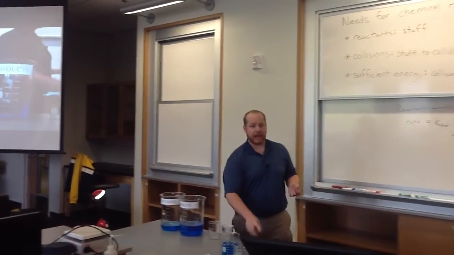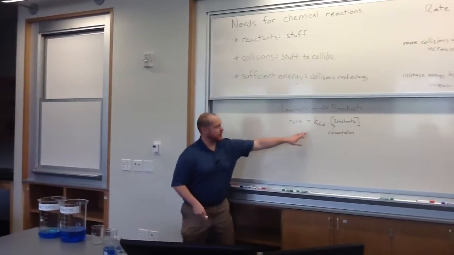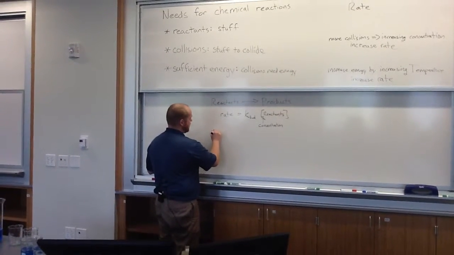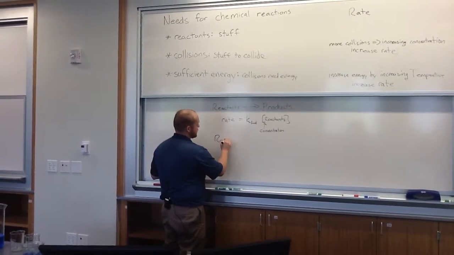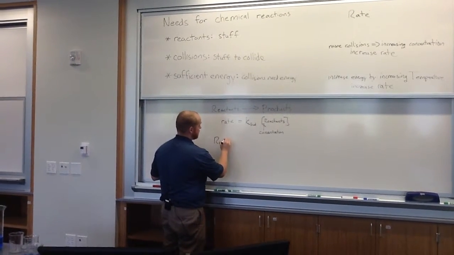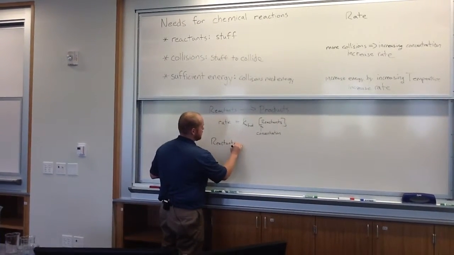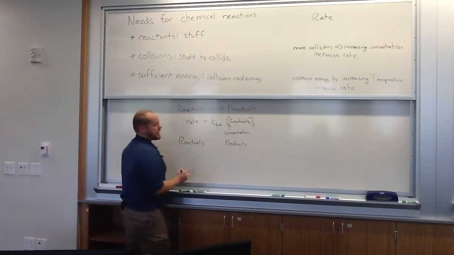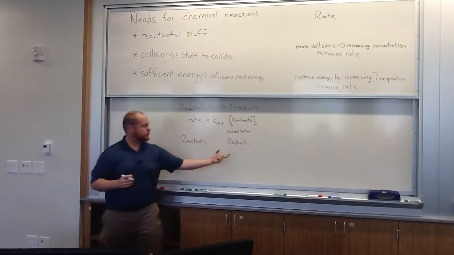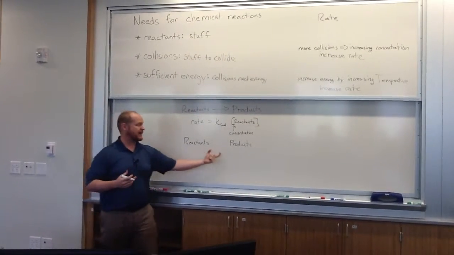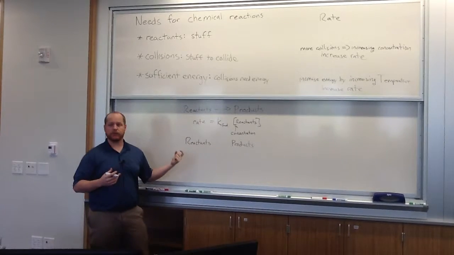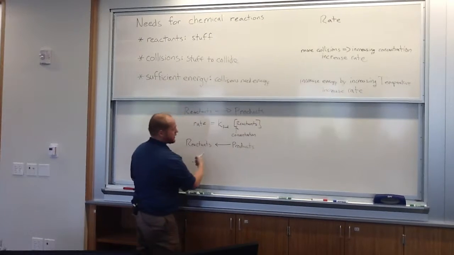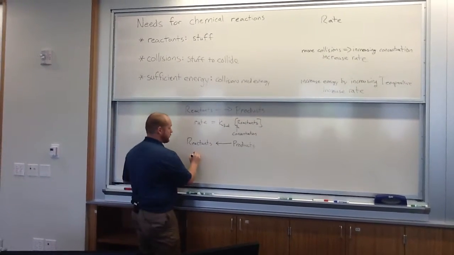We tend to also get a reaction called the reverse reaction, which is why I called this K forward in the first place. And the reverse reaction is going to look something like this. I'm going to keep my reactants and products on the same side of my chemical equation. But in this case, sometimes the products break apart into the reactants. They can decompose. So we're going to put an arrow in the other direction, saying that products can react to form reactants, and the rate of that occurring